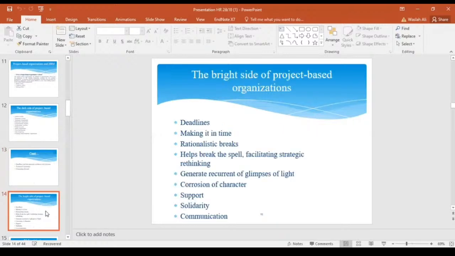Next slide, please. The bright side of project-based organization. The bright side of project-based organization includes deadlines, which means you have to do work in a specific time. Making it on time means the project given to